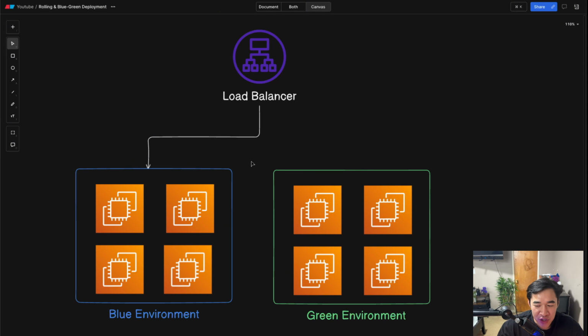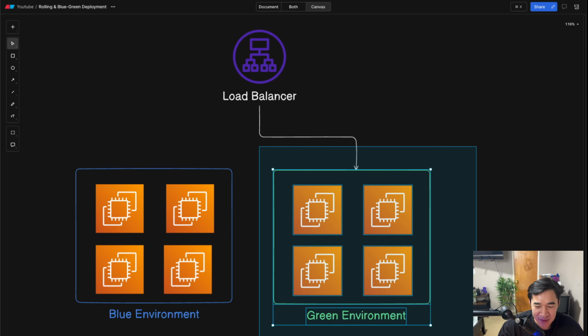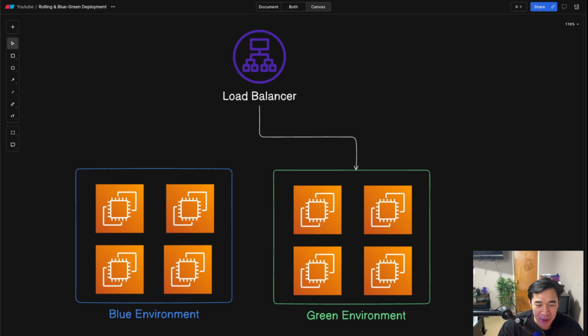Another con is that you immediately deploy your code changes to 100% of your users. Unlike rolling deployments, this process is all or nothing. The blast radius is much bigger because you cannot monitor the logs and the metrics for only 20% of your users. 100% of your users would immediately start seeing the new code changes. So if you have a bug in this new code, that means 100% of your users will see the new